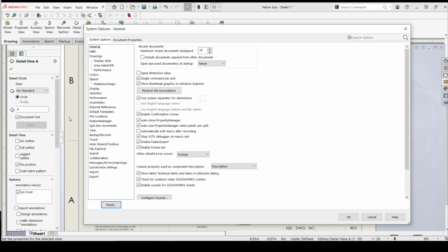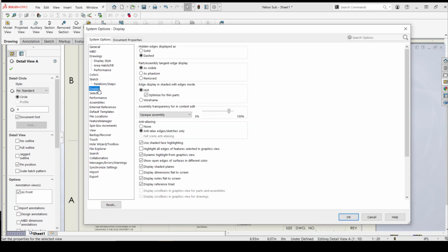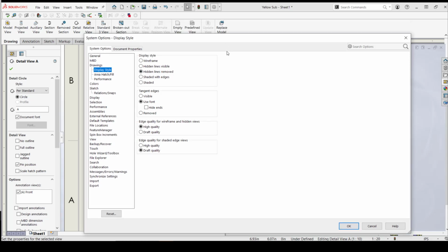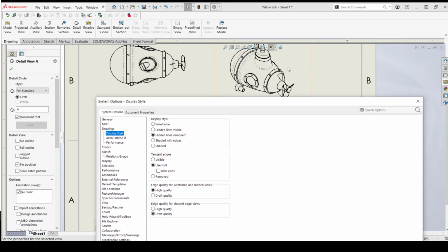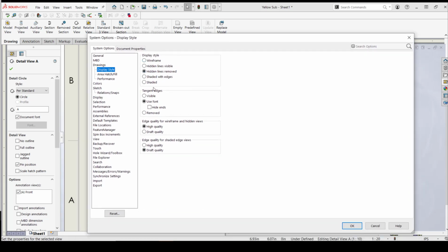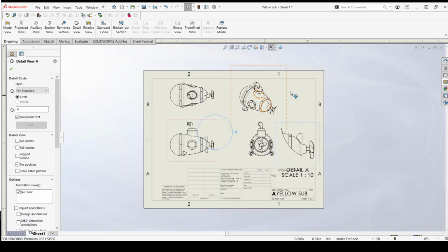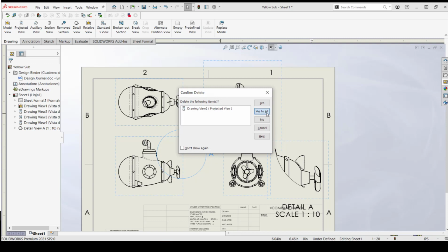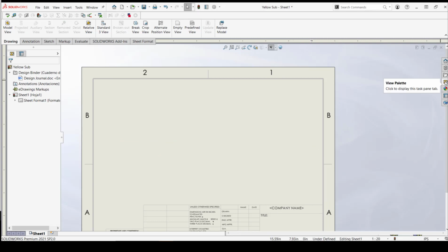And now we'll move on to display style. And that's display styles in drawings. You could see that my drawing view is hidden lines removed right now. So that's the display style type that I have. But you can also change that so the default's shaded. If you do a lot of shaded drawings, you will have to delete your views and bring them back in. I know my selection box is really weird right now, but I'll show you that in a second too.